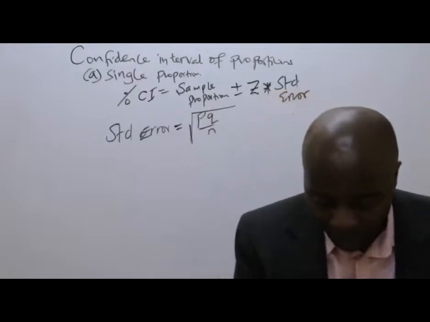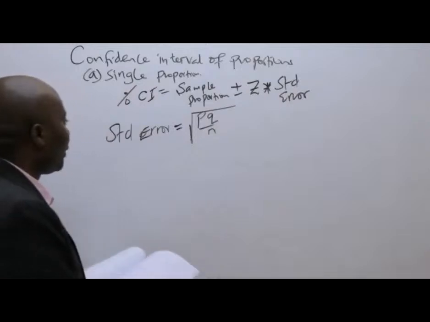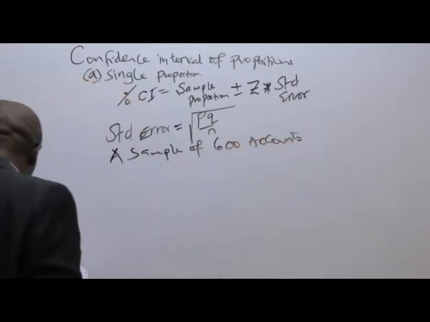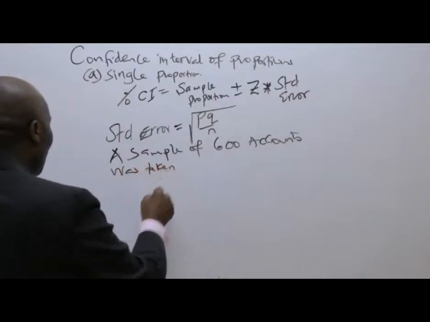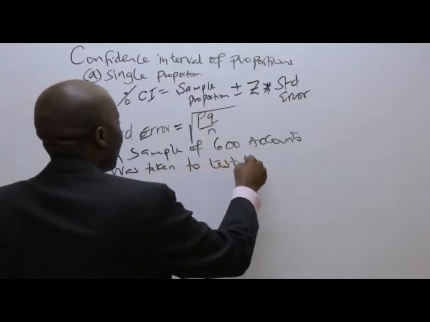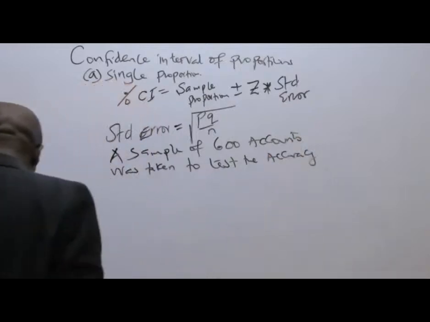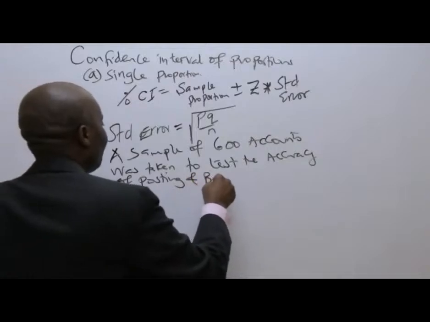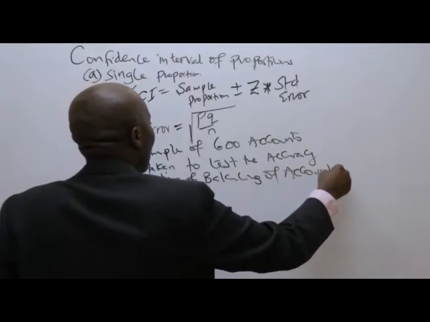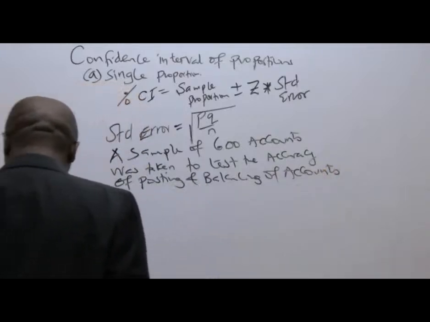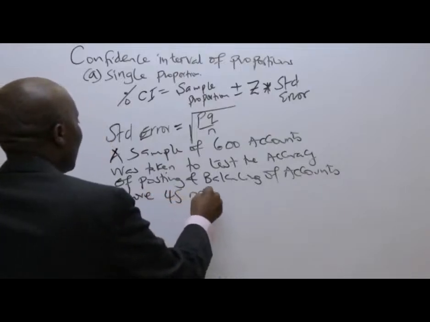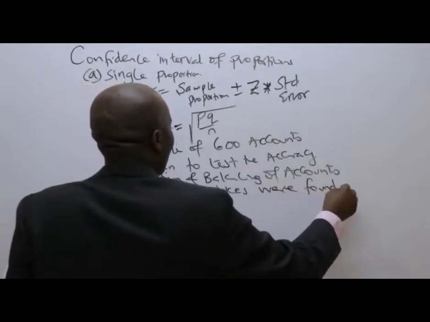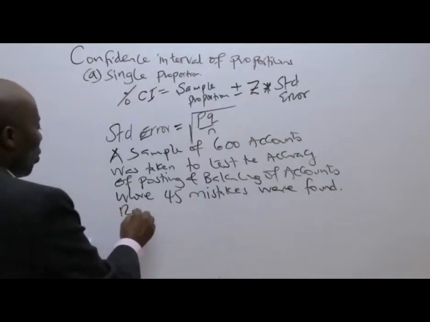A sample of 600 accounts was taken to test the accuracy of posting and the balancing of accounts, where 45 mistakes were found. So they require us to construct